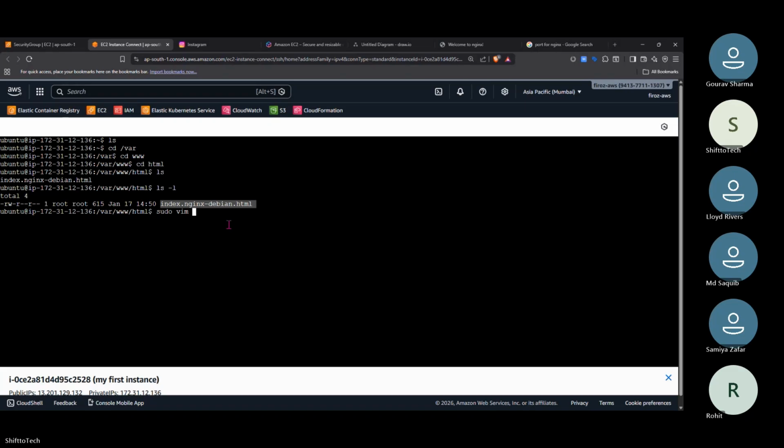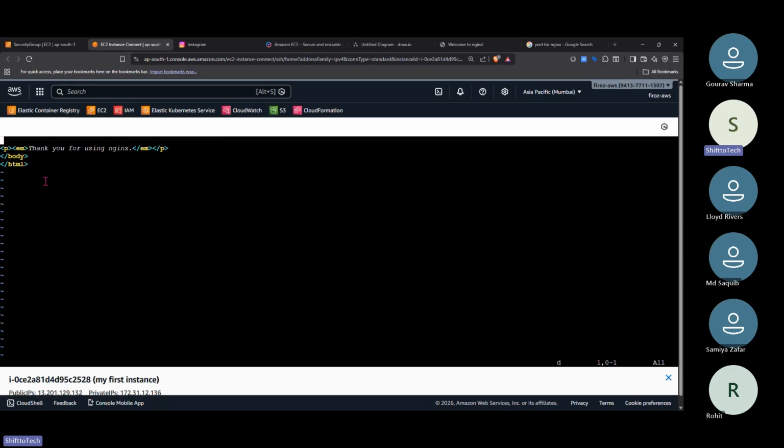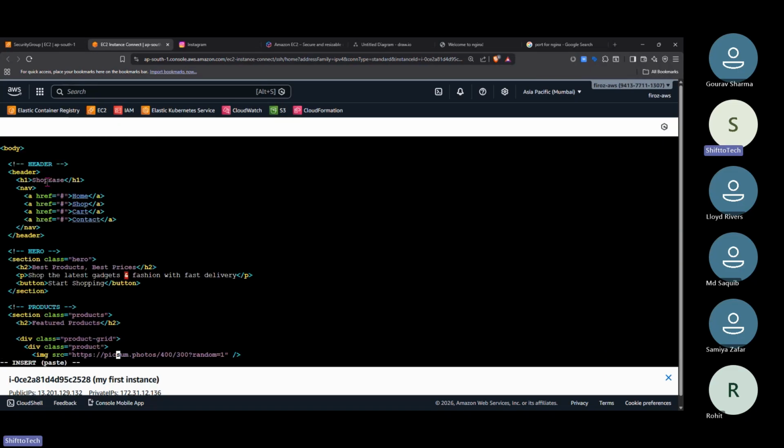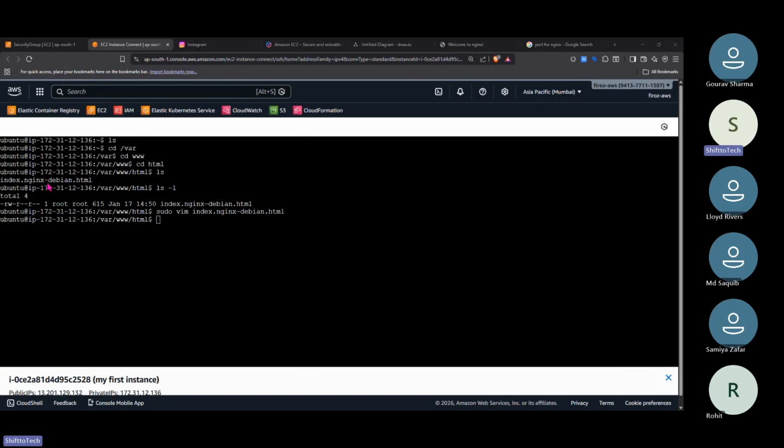Copy, paste. See, I'm deleting this whole file, right? Entering my front end code, right?